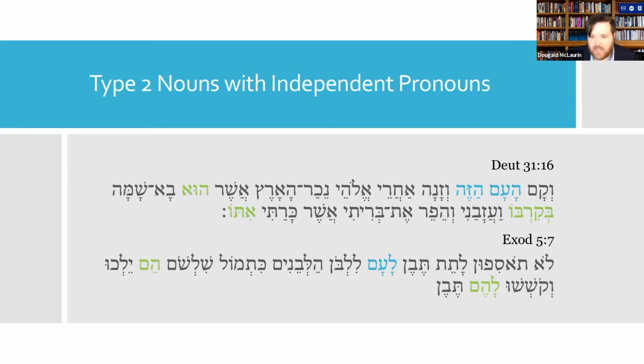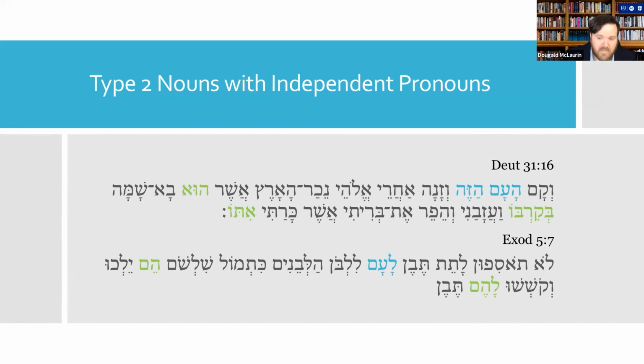So we see this from the example in Deuteronomy 31:16. Ha'am hazeh. There we see the demonstrative being singular with ha'am. Later on, we see hu, the independent pronoun, third singular, being used where am is the antecedent. And then we see the two suffix pronouns with be-kirbo and ito, both being third singular suffix pronouns that reference